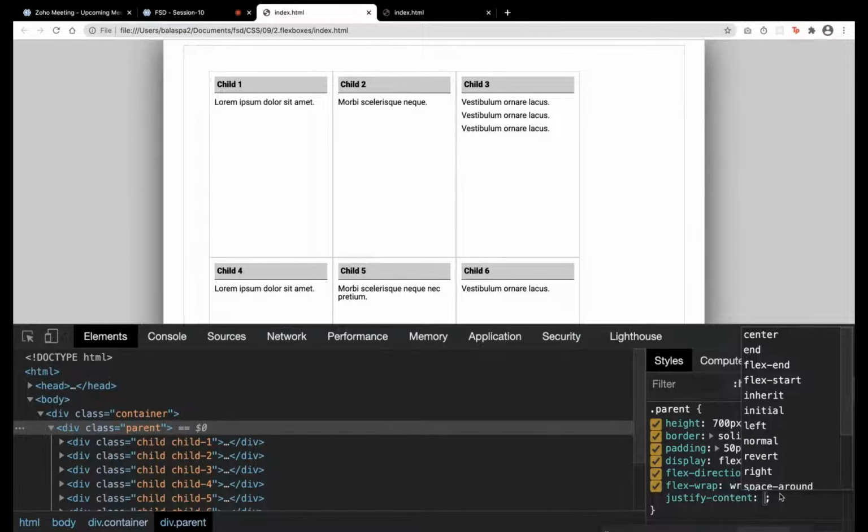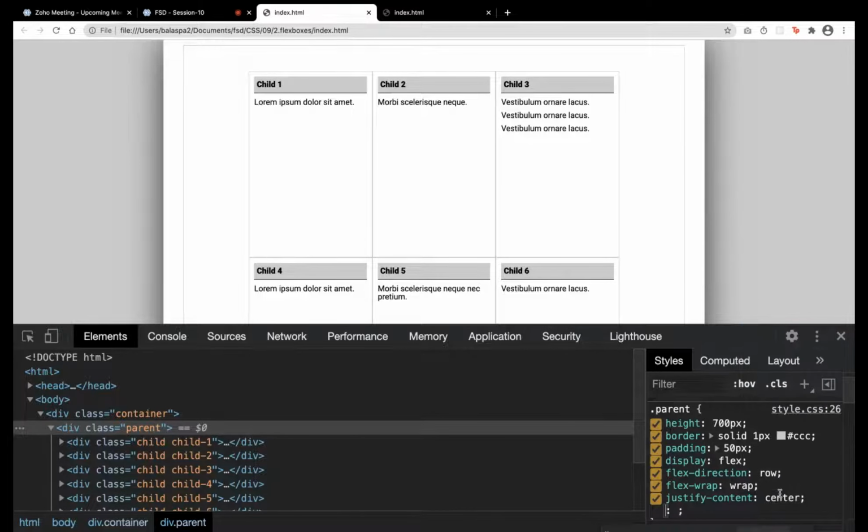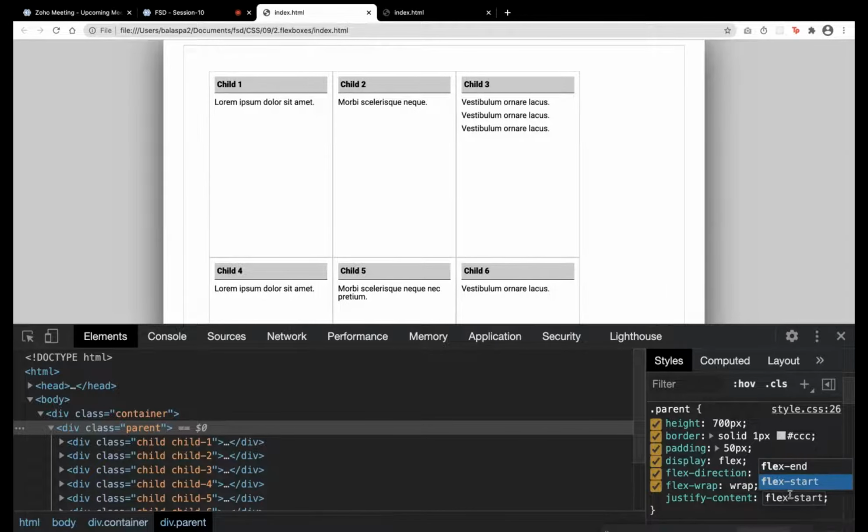Justify content center. Horizontally, it got centered, not vertically. We will see that. I can also say flex start. That's why they have said main axis. Here, the main axis is horizontal, so it will align horizontally.